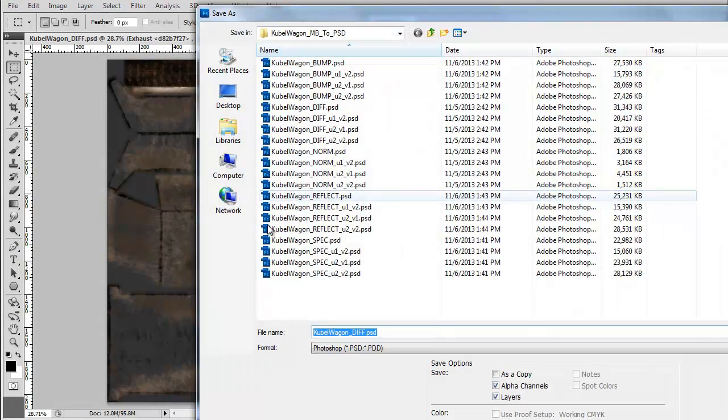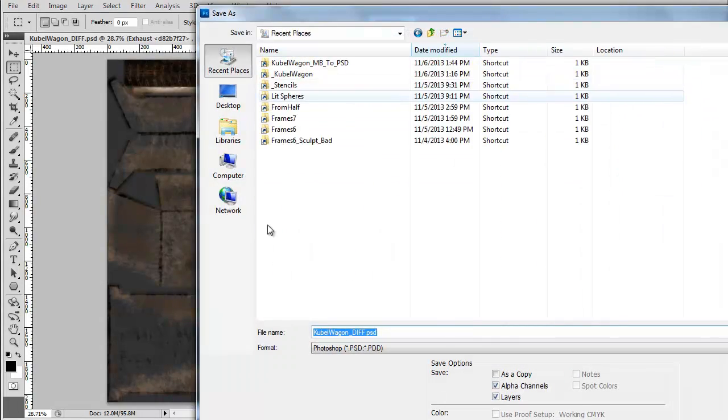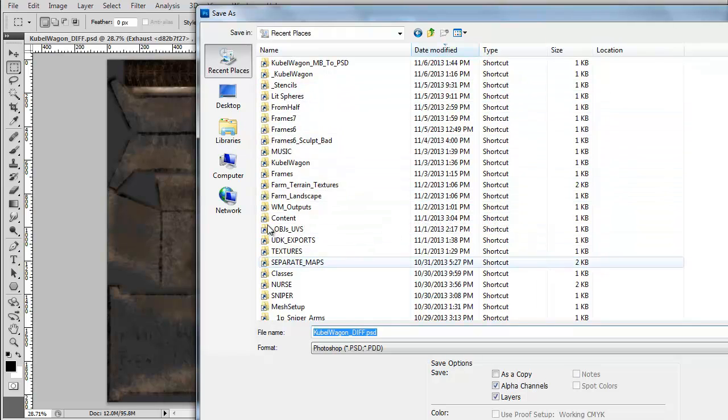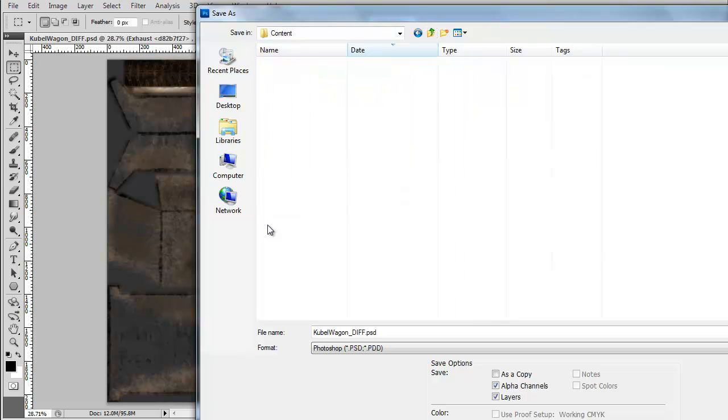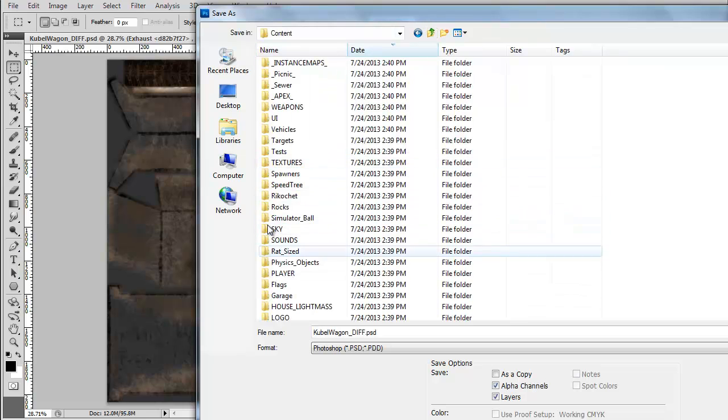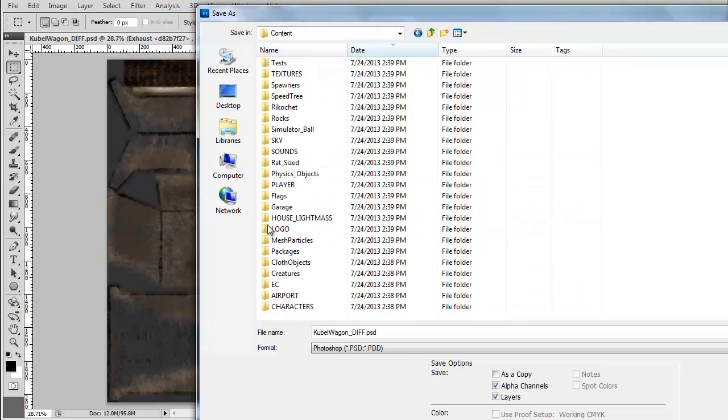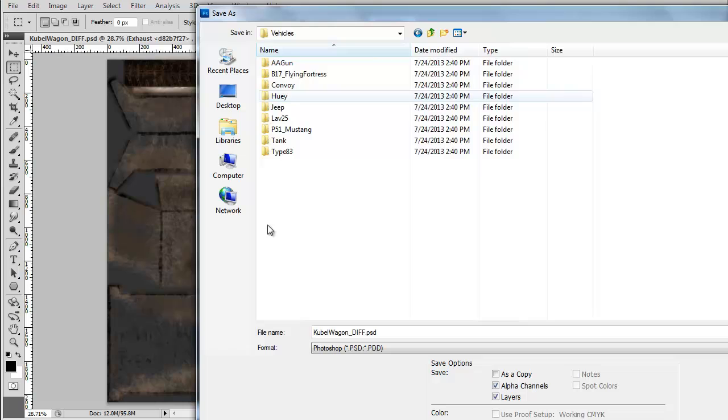So I hit Control Shift S, and let's go to my textures folder. I'm going to actually back up one here. This is where I export all of my meshes and textures and everything. I keep a running backup of this. Vehicles is right here. These are the other vehicles we've done, so I'm just going to make a new folder and call this the